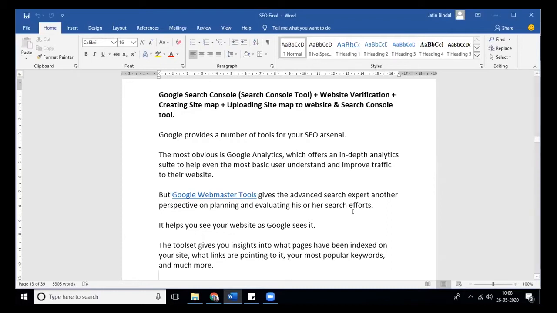Aditya, it would be great if you can, give me a second. Let me also change the share settings, so you can share your screen. I will tell you. Okay, Ranjana has a website but doesn't have access. No issues. So you can share your website. I will tell you step by step, and everyone else will learn how to set up the Google Search Console account and how to upload your sitemap. Uploading means connecting the sitemap with the website.